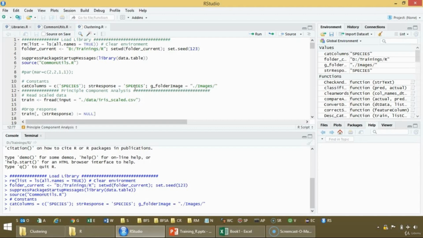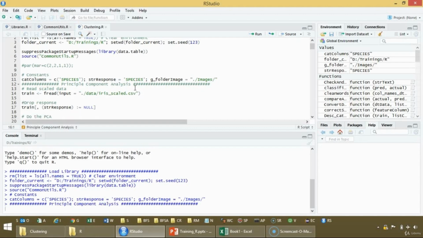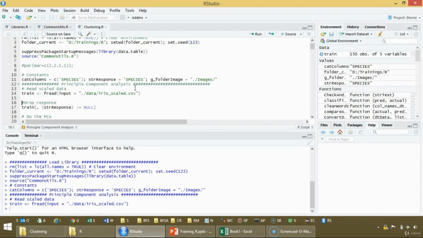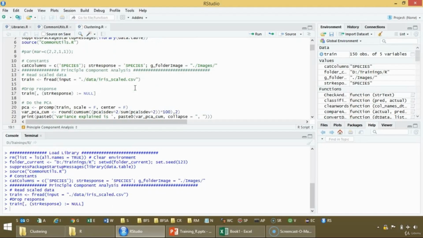And now reading the data afresh in line 14, and since we are working in unsupervised learning, the response variable is not required. That is why in line 17 we are dropping the response variable. Okay,